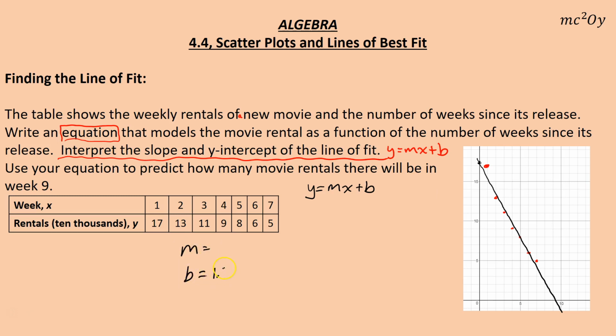Looks like b is about 17.25. I'm kind of estimating there. And I wrote it over there because I'm going to label this. This is number of weeks, and this is rentals. Try to write sideways here. And the reason I'm labeling it, I mean, you should always label your graph anyway, but